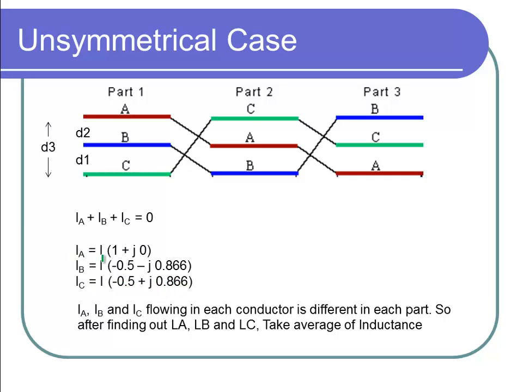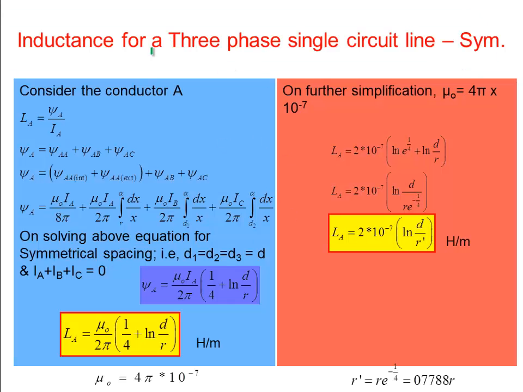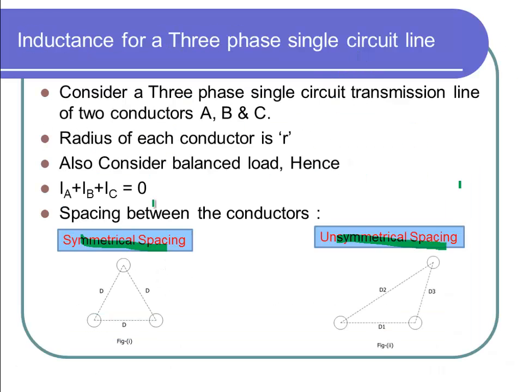These are nothing but your complex term of current equations. Inductance for 3-phase single circuit line for symmetrical spacing. Symmetrical spacing means conductor spacing between the conductors AB, BC, CA are all same, say D meters. So while we are going to see here, again just imagine this diagram, and for conductor A to